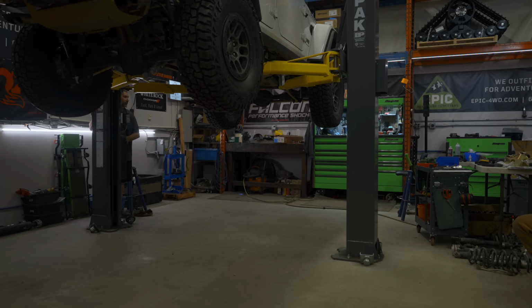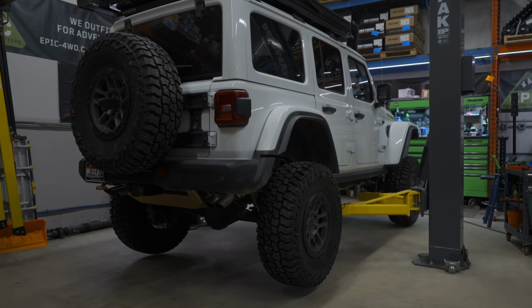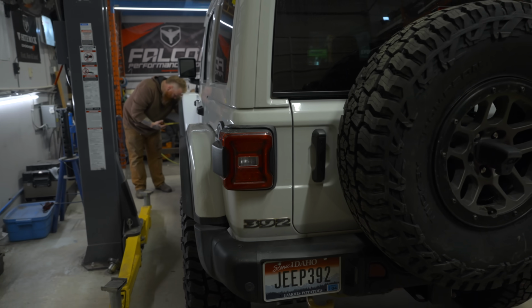After getting the tires on, we had to lower the Jeep down because I had something very special in the back for Sean. Oh my God, wait! Just kidding. All good. And you know something? I liked you. Okay, inside the back of this Jeep,